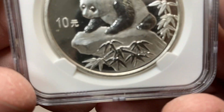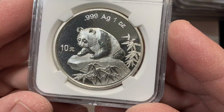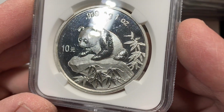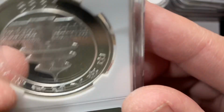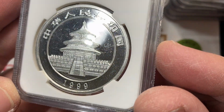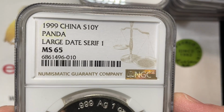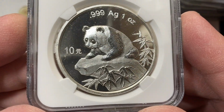We're going to stay with the Panda series here. Here's another one that they were pretty rough on. I mean, the overall visual is pretty nice, but there are some little scuffs there in the field. And on proof coins, coins with the proof finish, I should say, they have not a lot of mercy on those guys. So if those proof-like fields get dinged up, they notice it right away. I say proof-like because you may have noticed those previous coins looked like proofs, but they're mint state. This is also mint state, and so that is